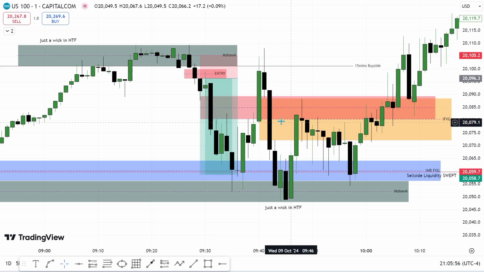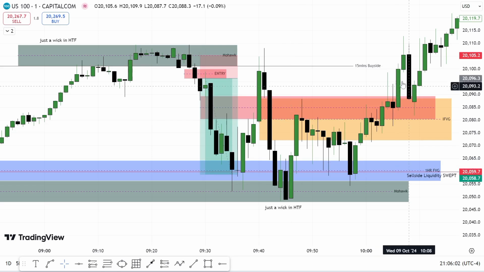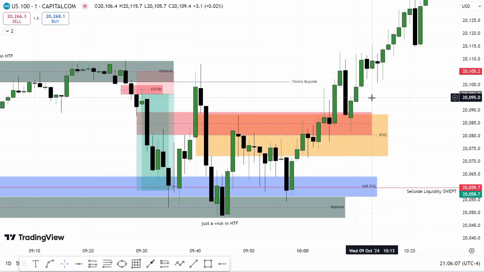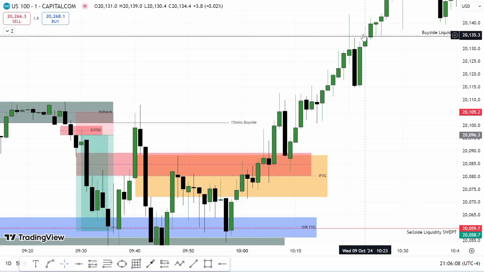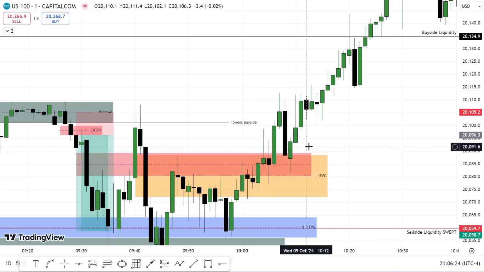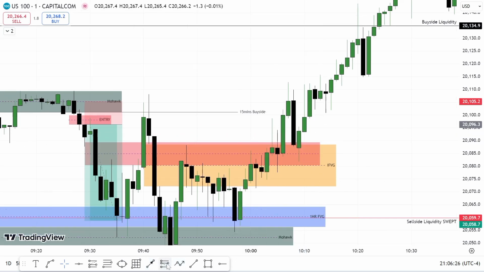This becomes an inversion because we have the candlestick close above that. Once it retraces back to this point here, we can take a buys from here to the buy side if we built a framework of price going to be bullish. So we can take a buys just at this point, targeting this buy side here, but this is really outside my time window. So the buys would be